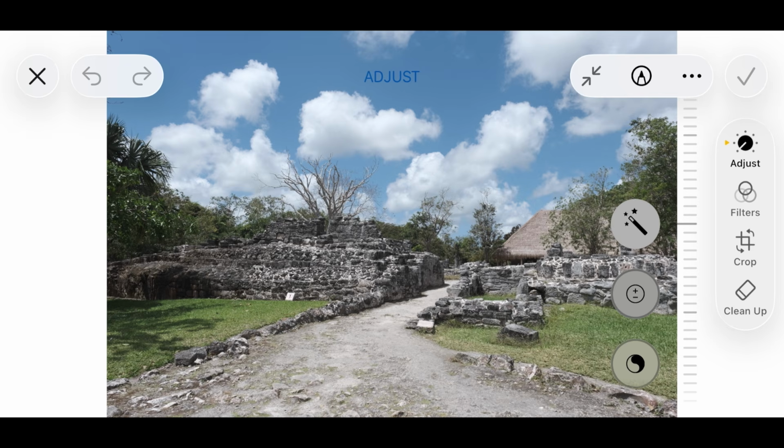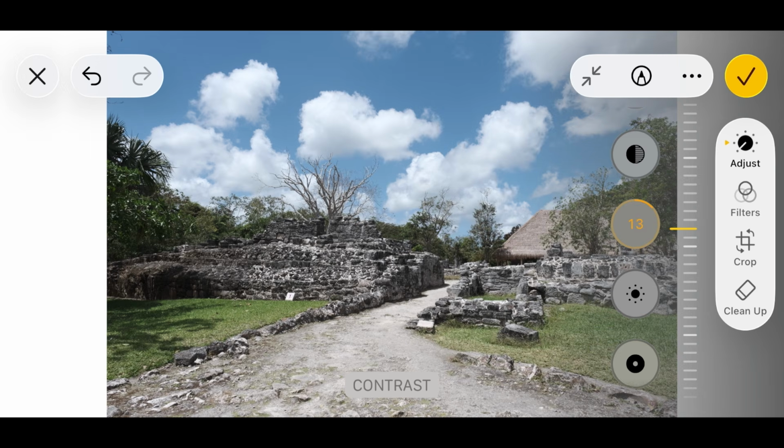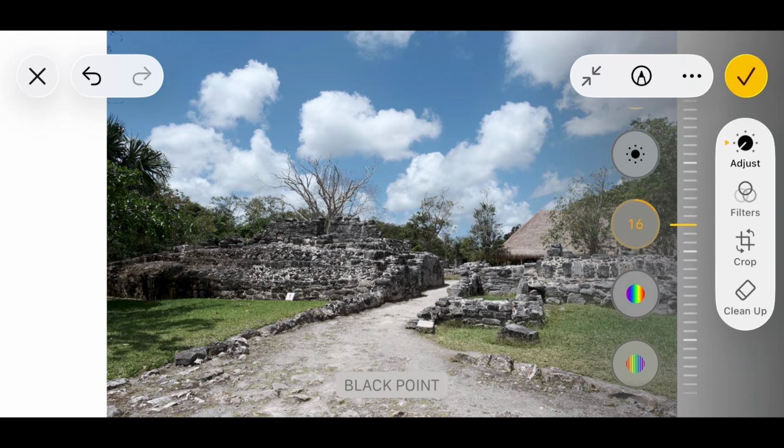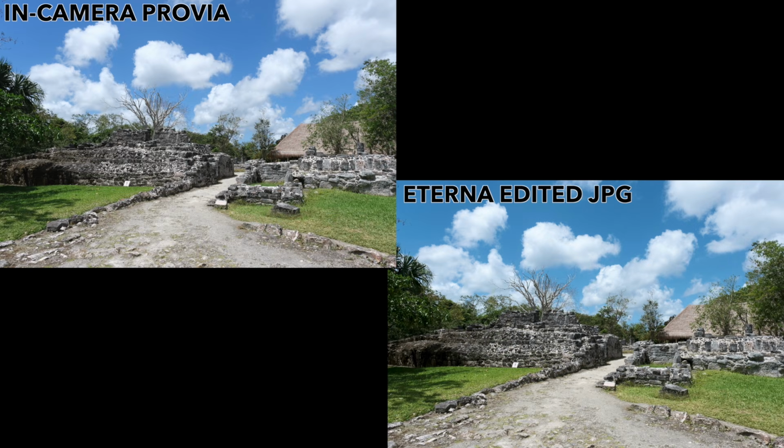So if I take this Eterna JPEG into my phone's photo editor, just the default editor, I don't need to recover any highlight or shadow detail because Eterna did that for me. And if I wanted to, I could increase contrast. That's a lot easier than taking contrast away. So I could add a little contrast. Maybe I could increase the black point. I could increase the vibrance. And now that photo actually looks a lot more like it did with the Provia film simulation, but editing a